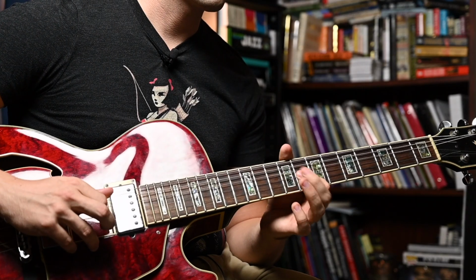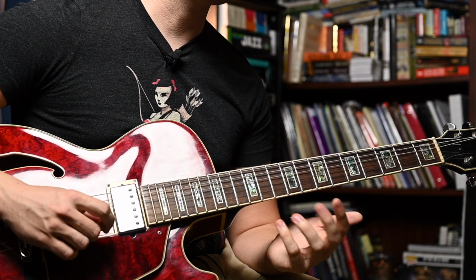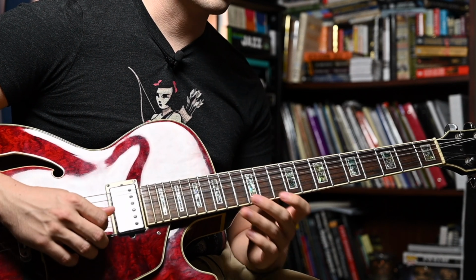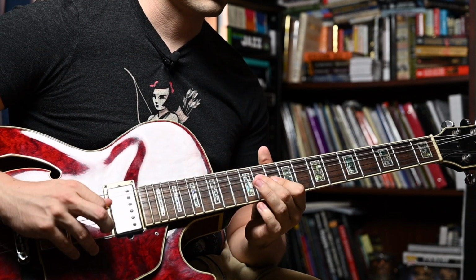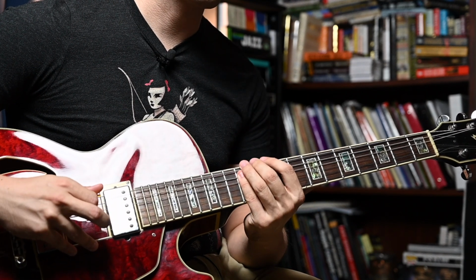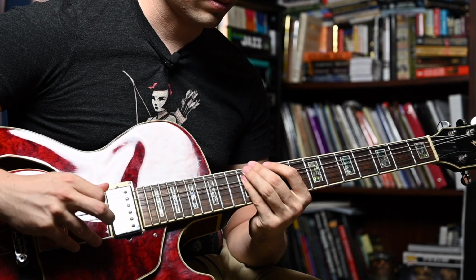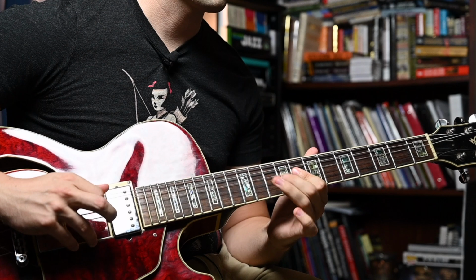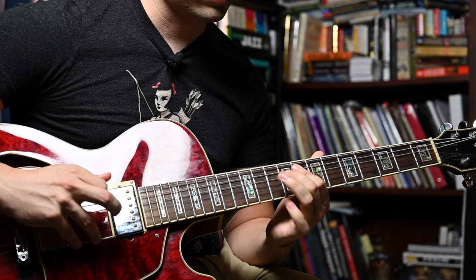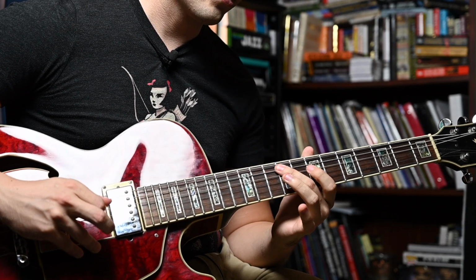All right, so after that lick, we get, and this is another really cool one, we can target, right? So going from the beginning of this line, we have, instead of going to E, we go up to A to end it. One more time. These ones too are a hammer-on out of nowhere. Hammer-on, right? So you have,